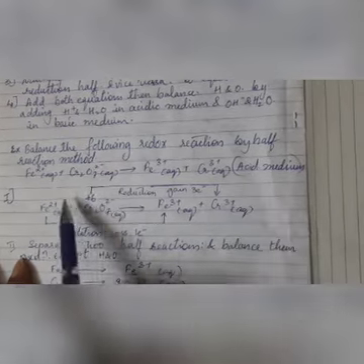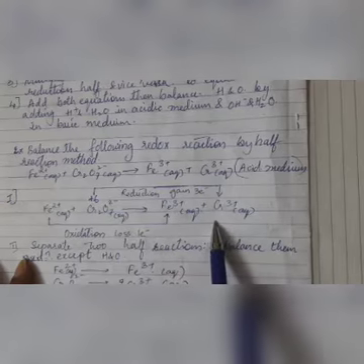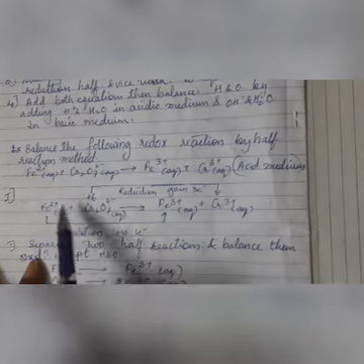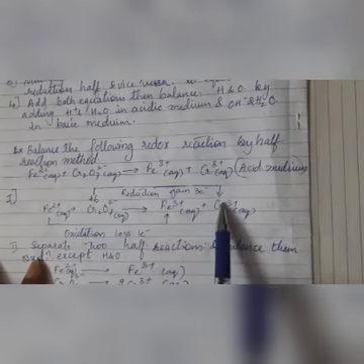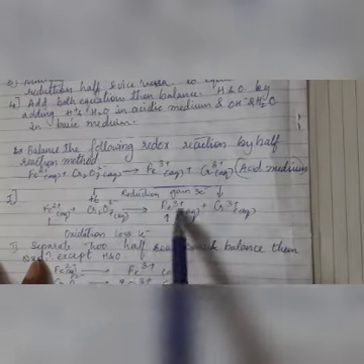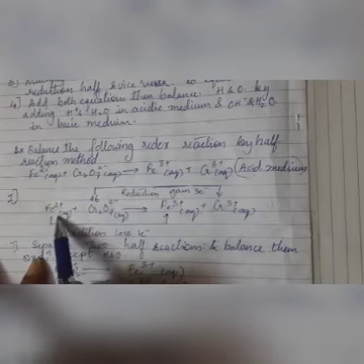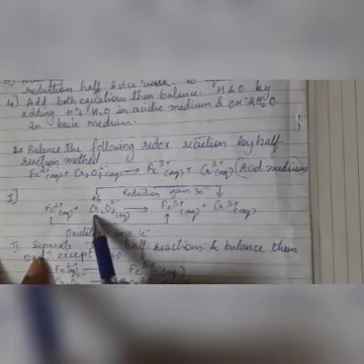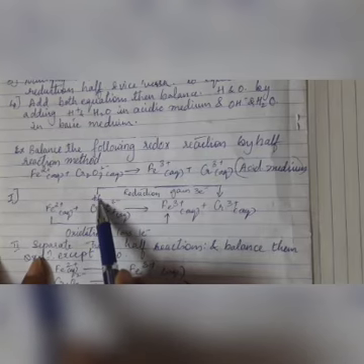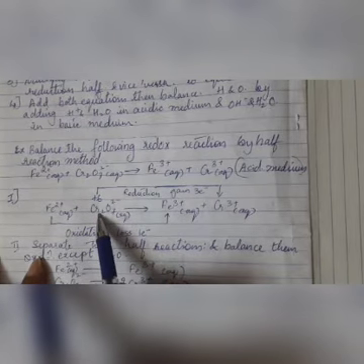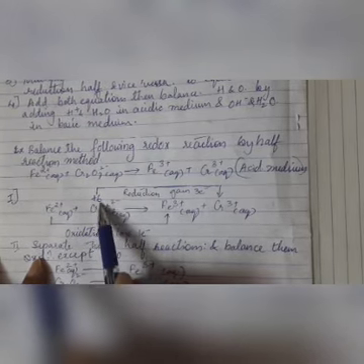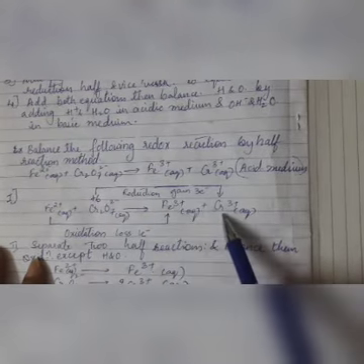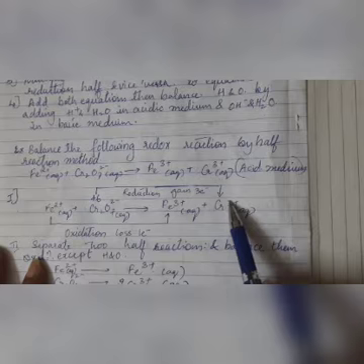Now let us write the skeletal equation. Now once the skeletal equation is written, what is our duty? First we have to assign the oxidation state of each of these elements. So Fe is in plus 2 oxidation state. In this one, each of the chromium atoms is in plus 6 state. There are 2 such chromium atoms, but each of the chromium is in the plus 6 oxidation state. Fe is in plus 3 oxidation state and Cr is plus 3 oxidation state.